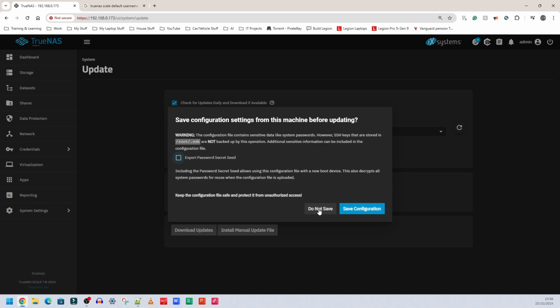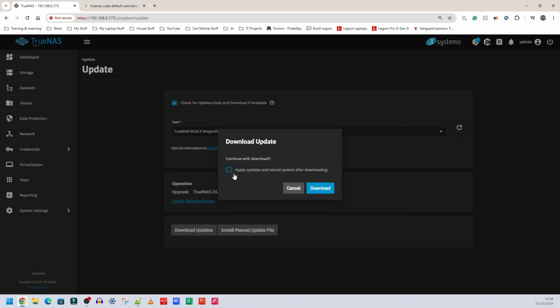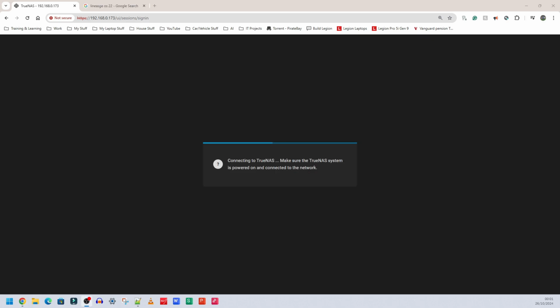I'm going to click do not save, but if you're doing this on a proper system, please save your configuration file, export it, just do whatever is necessary. And finally, I'm going to apply updates and reboot system after downloading. So I'm going to tick that box and I'm going to click download. The updates seem to have finished. Now it's saying connecting to TrueNAS. Make sure everything's plugged in, turned on, just waiting for this to finish, and then we'll continue walking through the